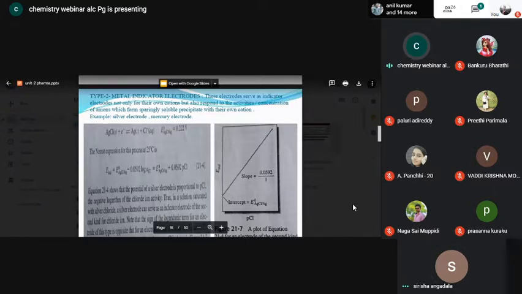Now the actual story will run. What is going to happen? Till now the silver electrode developed a potential directly proportional to the concentration of silver ions. It is going to show another behavior. What is that? It will develop potential for the second time, and that second potential will be directly proportional to the concentration of chloride ions.